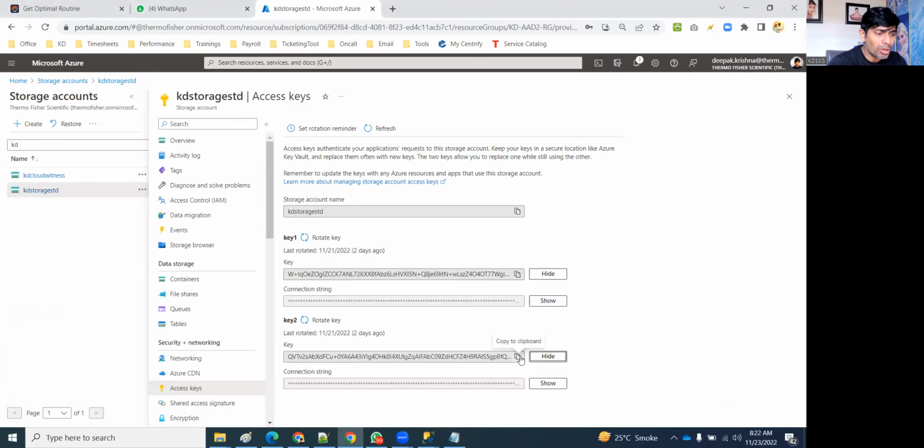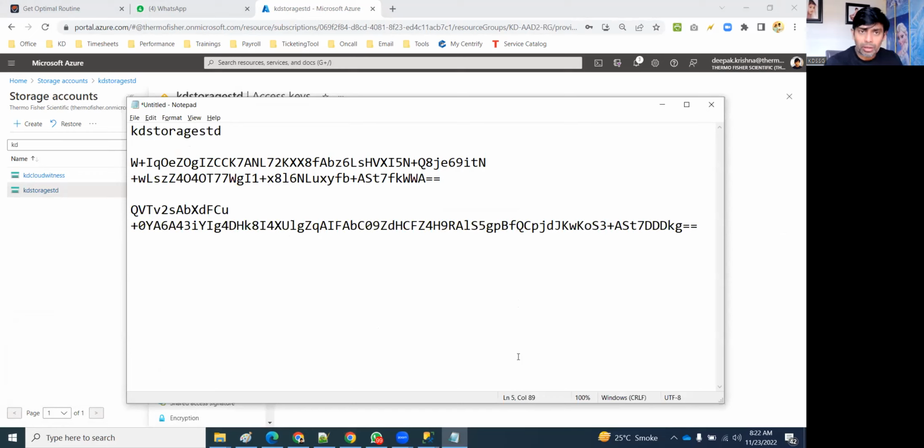There's one more key if you want. This is how your second key looks. Okay, two keys are there. Now you can use any of the keys, like a lock having two keys. But both keys are not the same. A lock opens with two keys and both keys are different. That's how you should look at it. Any of the keys you can use, sir. By the way, remember, if anybody has this key, they can do anything with the storage account. This is a very dangerous key. Should be very protective. Don't share with anyone. If anybody asks, also never share.